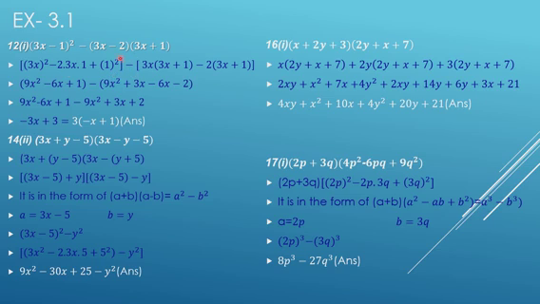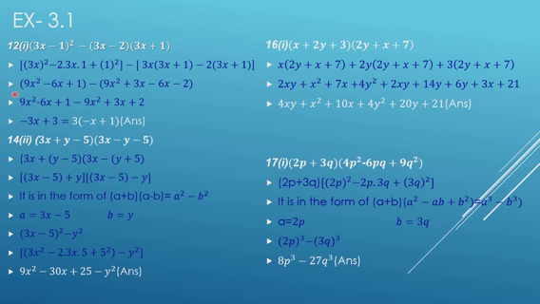Now in the second part, if you see, we have 3x minus 2 and 3x plus 1, like the sum we had discussed in the previous video. So we'll be multiplying firstly 3x with 3x plus 1 and then minus 2 with 3x plus 1. When you multiply them, you get the equation like this: 9x square plus 3x minus 6x minus 2. So when you remove the brackets, your equation is somewhat like this.